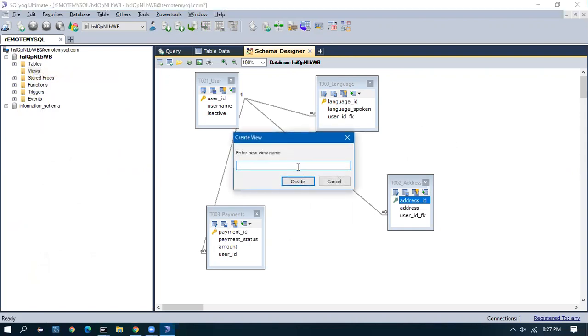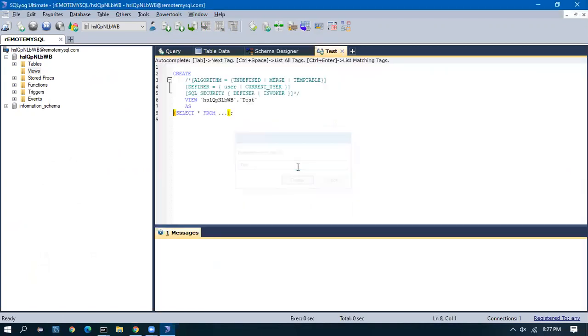Let us say there is a scenario where we want read-only access to a table to be provided to a user, meaning the user should not be able to write, update or modify any data. Instead, he only needs to see the data. In that case, we call it a view. If you see here, there is a specs icon, which means it is only a view.